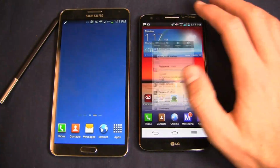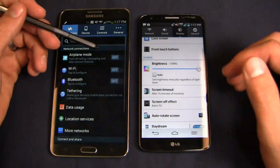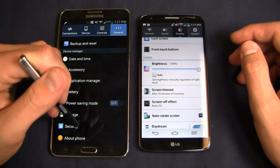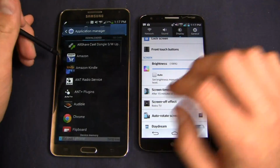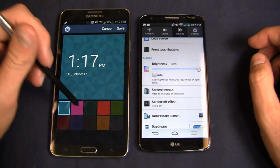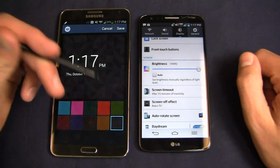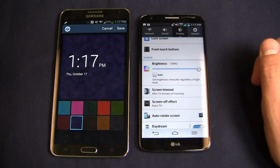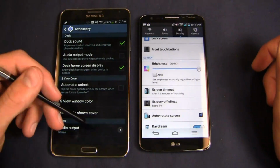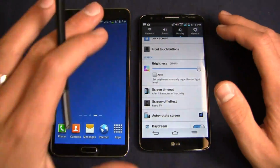Also, customization obviously on both of these devices with the included accessory, or with the non-included accessories rather. Things like the S-View cover over here and things like LG's variant of a cover. Let's see here, for example, we'll go to accessory. Jump into accessory and we'll say, you know what, S-View window color. I can come in here and change the window color for my respective S-View cover. So let's say I have an orange S-View cover. I can line it up, or I can change it to something I like. Maybe I like purple, maybe I like blue or red. I can save that, and it gives me some level of customization there on this device, even with the S-View